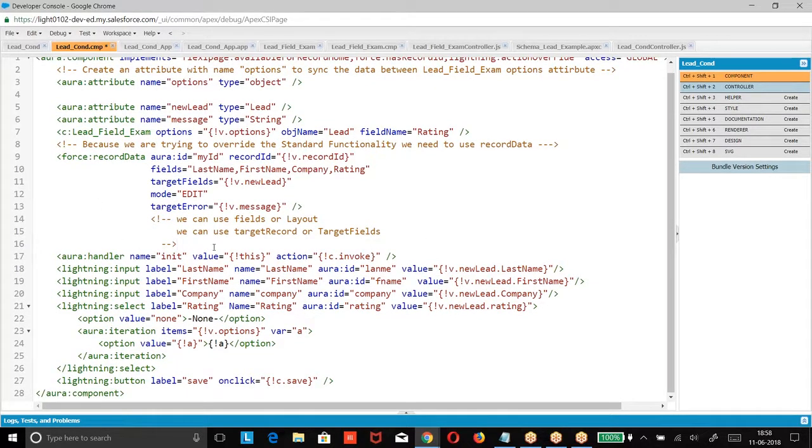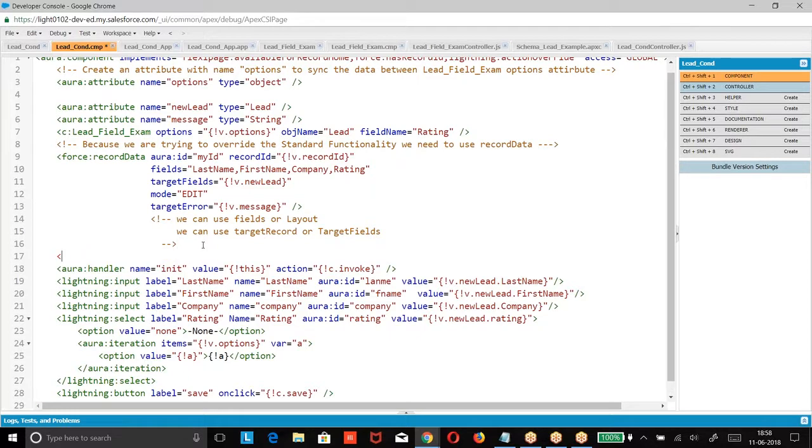Now, what is the purpose of this? We are invoking the handler to initialize a new record. We are trying to initialize it as a new record.